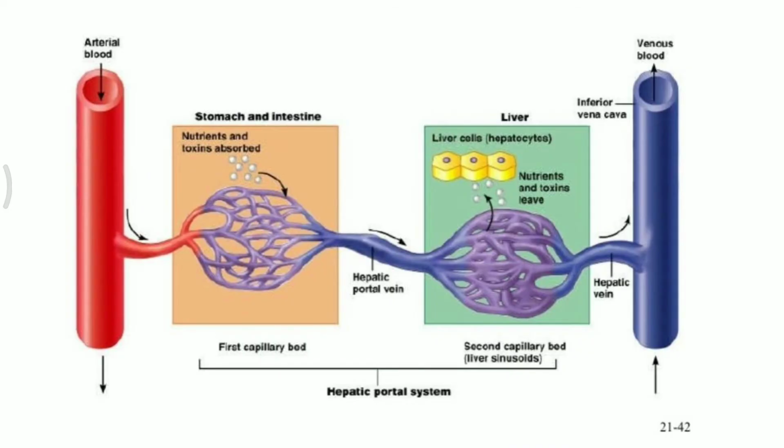At first, the arterial blood gets into the stomach and intestine, so the exchange will take place with the nutrients and they are absorbed. The nutrients get absorbed along with the deoxygenated blood, and this deoxygenated blood along with the nutrients will move to form the hepatic portal vein, because it is going to transfer the same nutrients to the liver. Then in the liver, nutrients and toxins leave the capillaries of this hepatic portal vein, and finally only the deoxygenated blood moves back to the inferior vena cava through the hepatic vein.